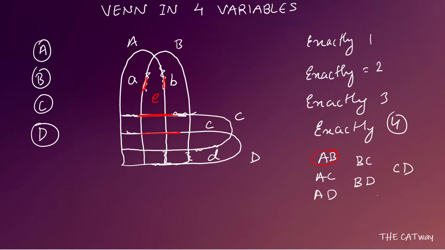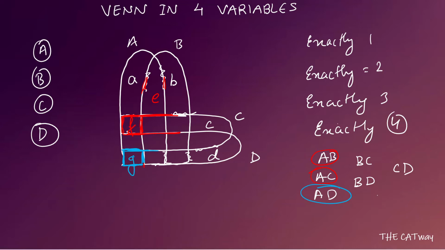After that, let's come to AC. See, B is ending over here and D is ending here. So B and D ended over here and here. This column which is left, here it is C also and here it is A also, but B and D are not there. So this will be AC and it will be represented by F. Now coming to AD. The boundary of C ended over here and the boundary of B ended here. So this column is going to represent only A and D, that is, no B and C. This will be represented by G.